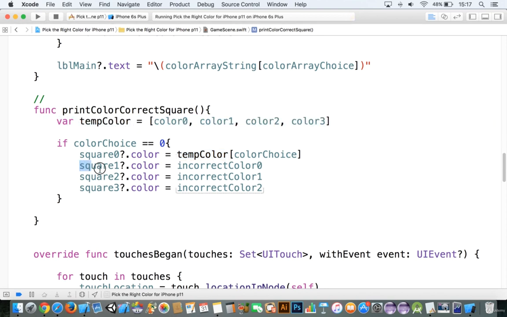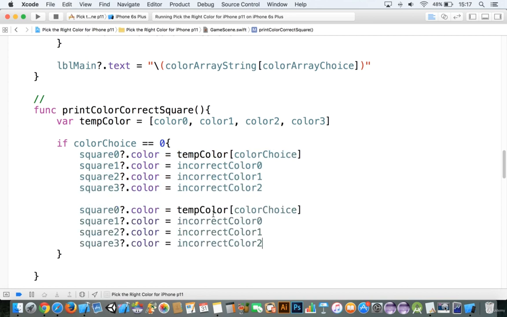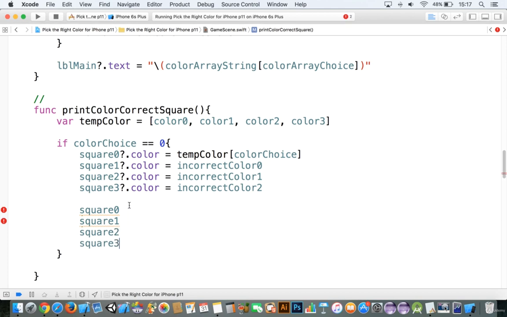And then what we're also doing is we're also printing the incorrect colors. Next thing we need to do is we need to set the names of these objects here. So one thing I'm going to do is I'm actually just going to copy this and paste it, and I'm going to delete everything. So we have square 0, square 1, square 2, and square 3. We're going to go dot name is equal to, we'll call this correct. Okay? And then this name, we'll say dot name is equal to incorrect